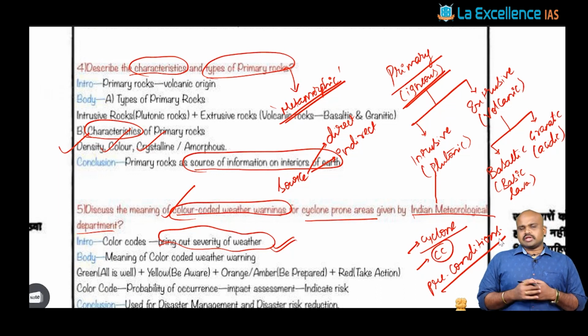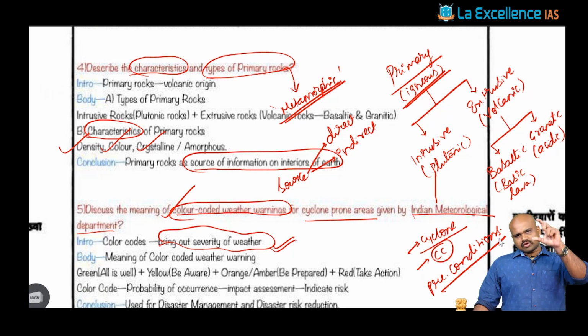Now, when you look at those prerequisite conditions that are required for a cyclone to occur, you know that the sea surface temperature has to be above 27 degrees. That is one aspect. Apart from that, there is the presence of Coriolis force that is needed. Apart from that, there is also a low pressure condition that has to be created in order to result in the formation of the structure called the cyclonic eye as well as the cyclonic wall.